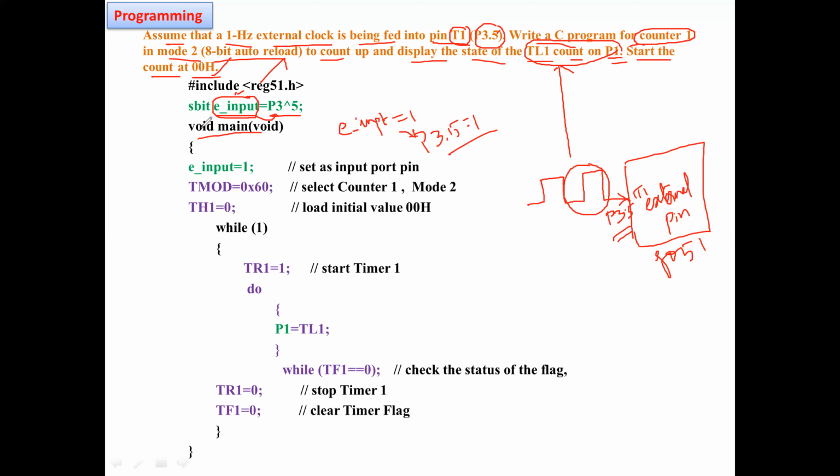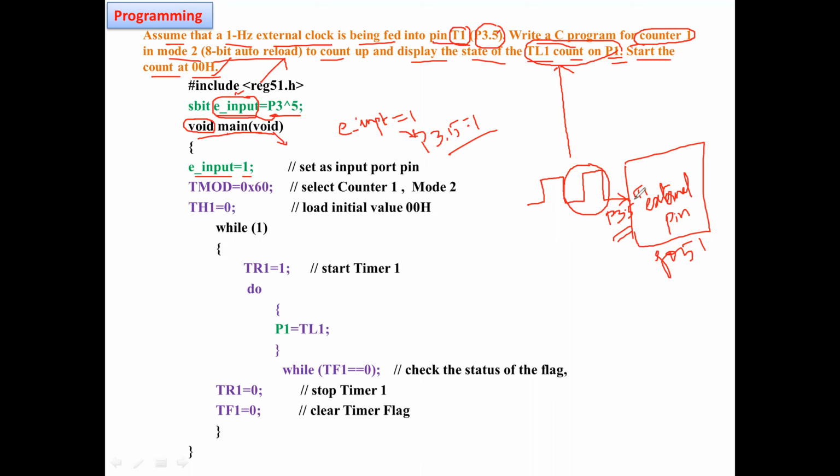Void main: void indicates that the return value is nothing, and inside the main function, void means it is not passing any value. Now I initialize the external pin equal to 1. You should understand, in the book they would have given this.